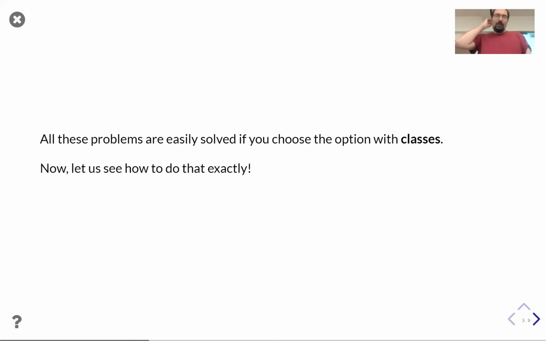And of course, all these problems are easily solved if you choose the option with classes. So I partially agree with Fabien on the fact that if you really and totally know what you do and what you will ever do in the future, maybe you can stick to basic types and say, okay, I know that a list represents a total order and I will always treat it accordingly and so on. But in fact, if you want any kind of maintainability and extendability in your project, class is really the way to go.